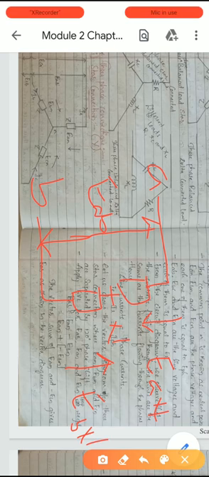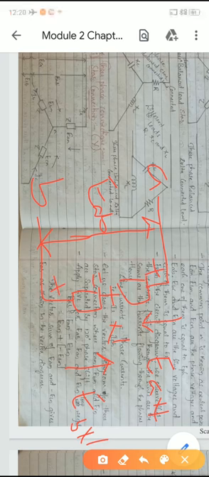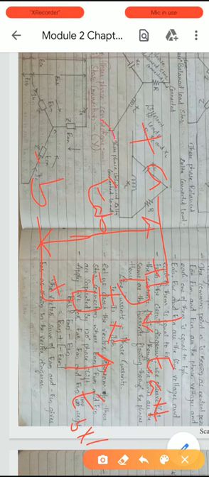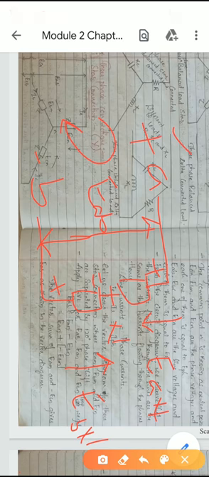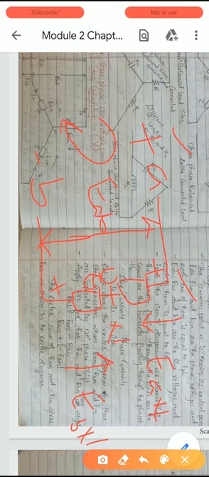Always current will flow from higher potential to lower potential. And this will be plus, minus because we are applying KVL in this direction. See here, this is plus, the same sign, then there will be a change in polarity. This is minus and this is also minus, the same sign, hence there will be a change in polarity.